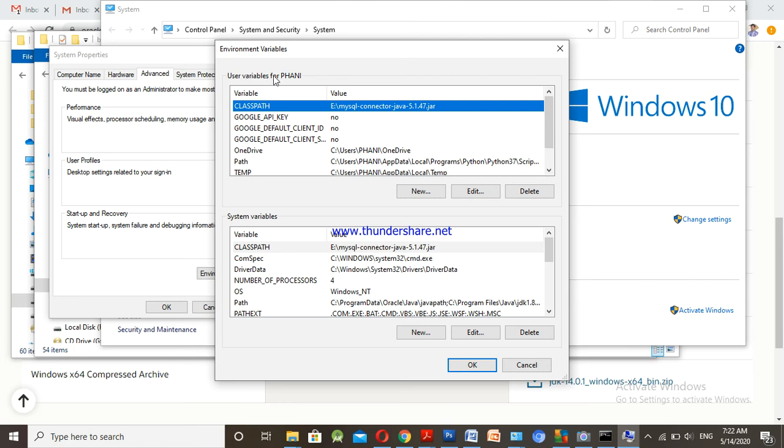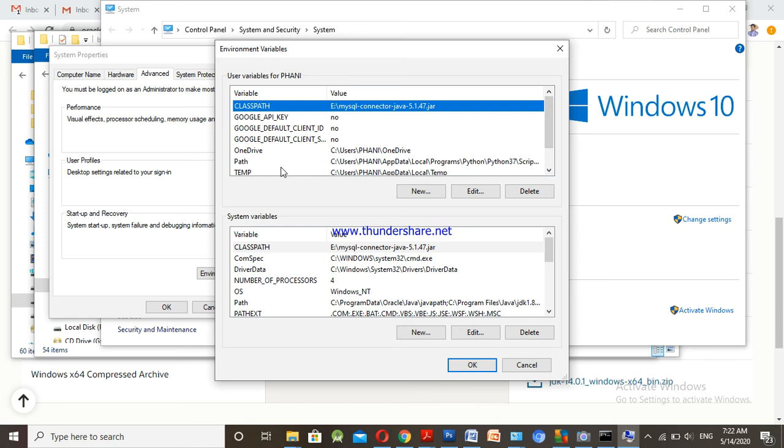Now see here, user variables, and the second one is system variables. If you set the path in user variables, then that path will work only for this user. Whatever the user is, only for that user that path will work.